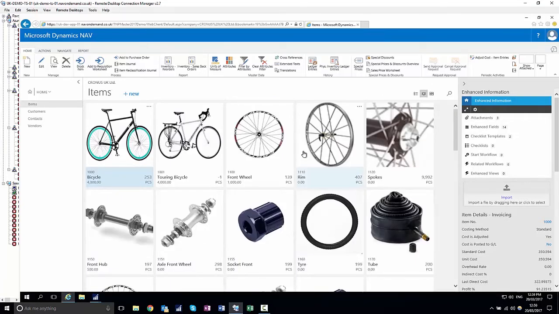Item attributes have also been added in NAV 2017, and these attributes allow you yourself to add additional information to your item record without the need for a developer. So you don't have to add this to the item table, and therefore it has no effect on the item table either. So if I want to add an additional piece of information to an item, I can press this attributes button here,